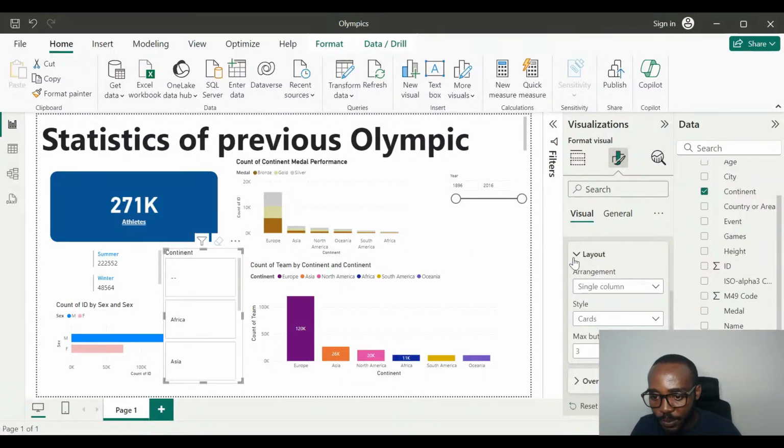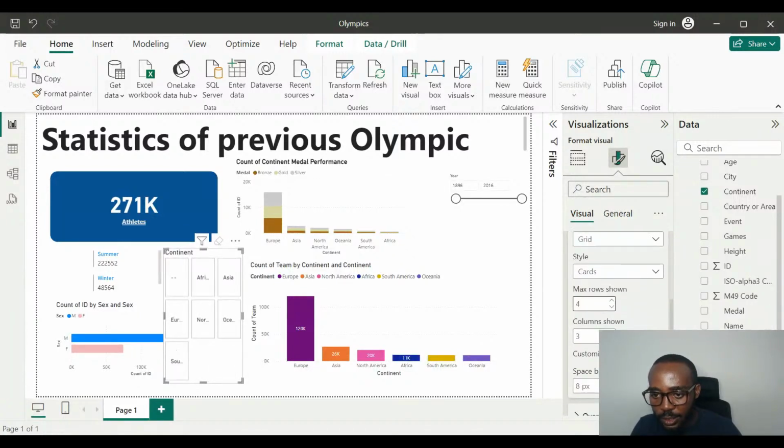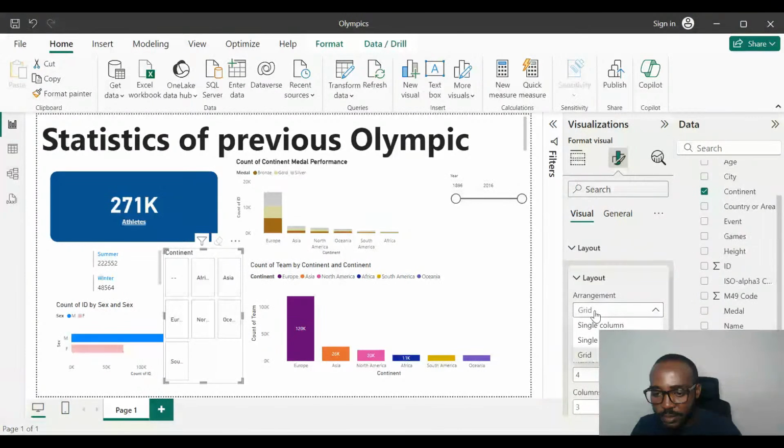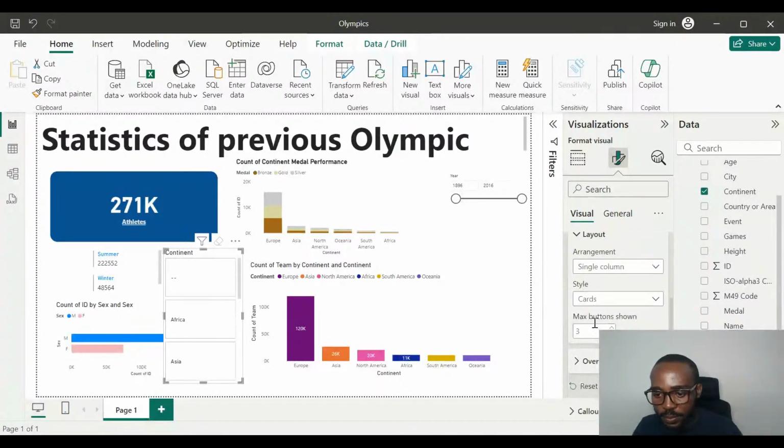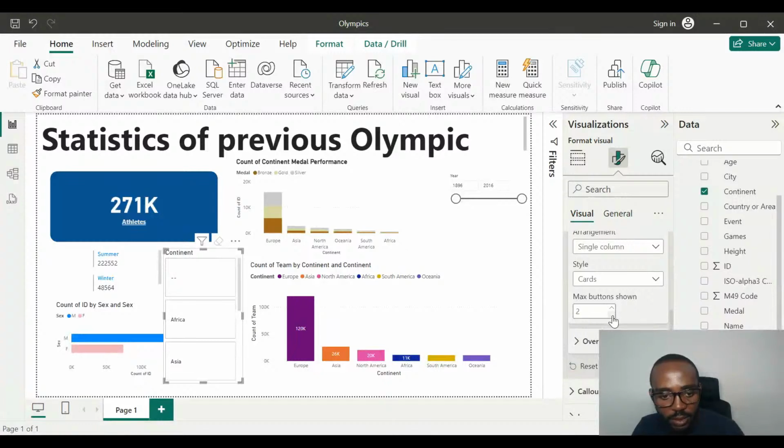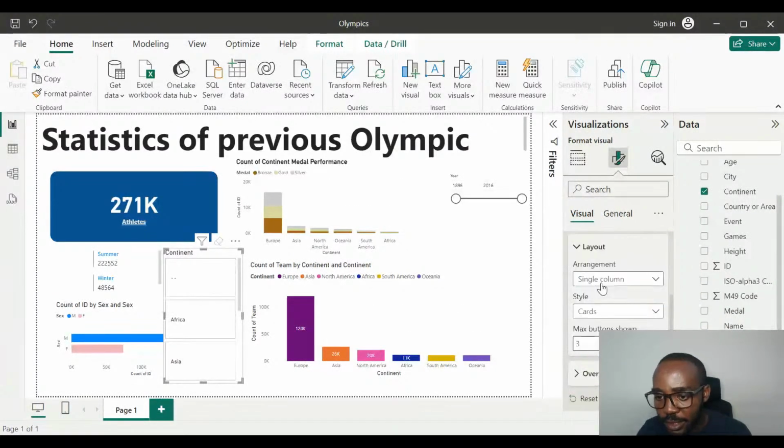But this is not just how I want it to be. So let's just take it back to grid, max row shown, single row, single column. Okay, fine. I think I'm just going to take it as a grid for the time being,